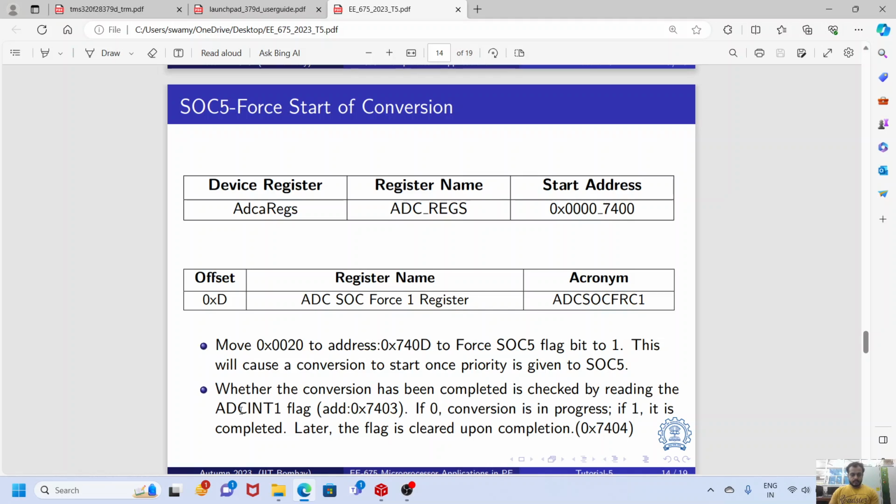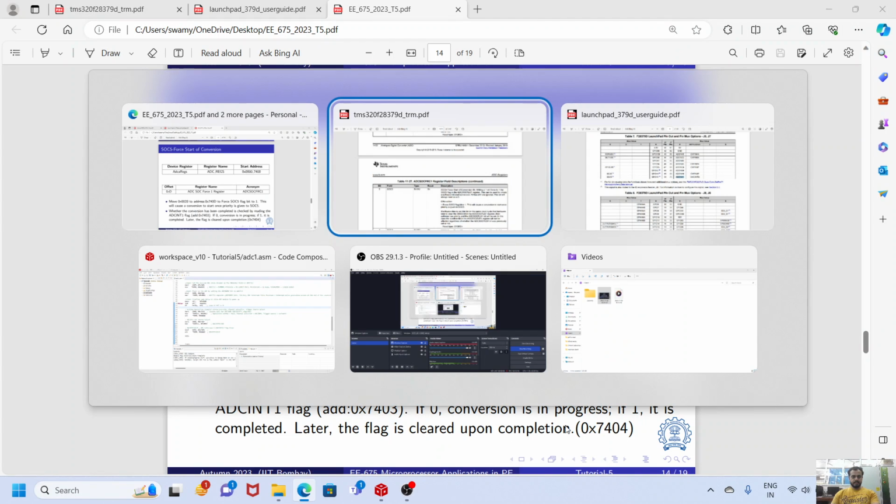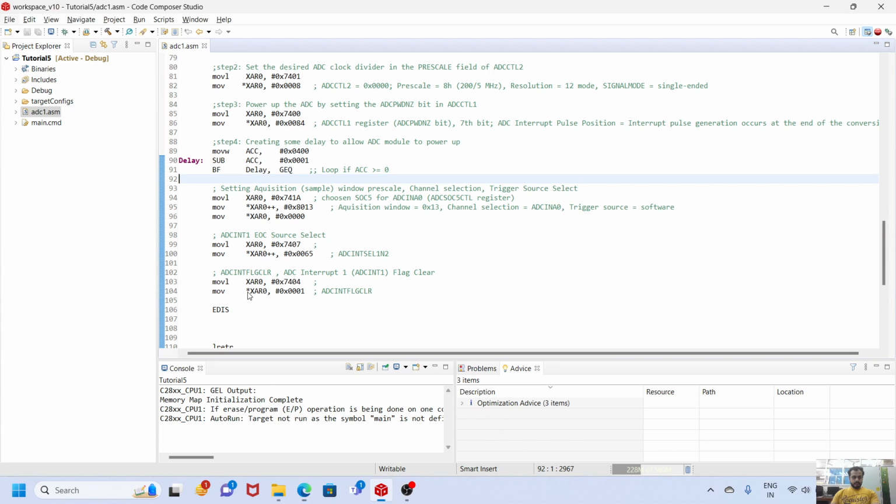And whether the conversion has been completed or not is checked by reading the interrupt flag, as I have already told you. If 0, conversion is in progress, and if 1, it is completed. Later the flag is cleared upon completion. This can be read from here, 7403. So for the same purpose, if you go here,